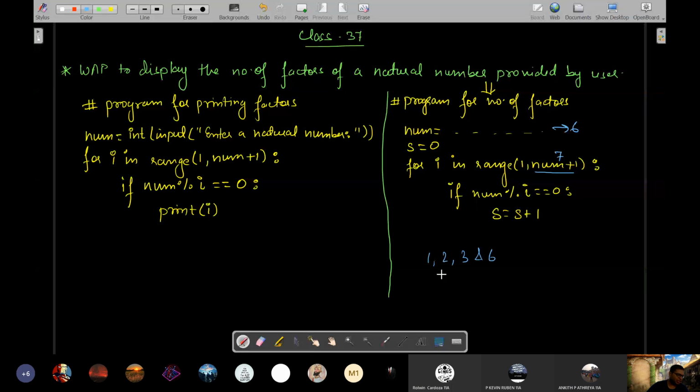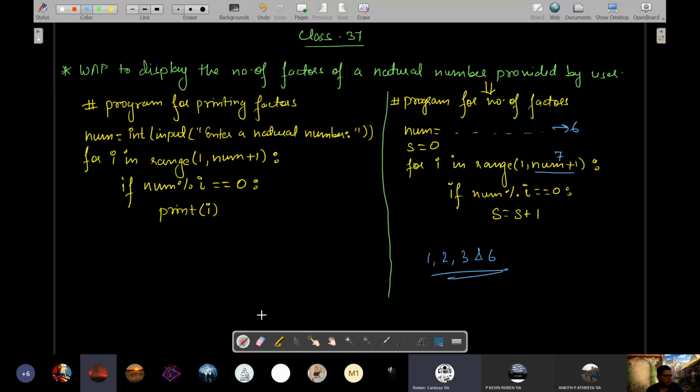Look at this, process it for 15-20 seconds and let me know, is this concept clear? Yes, sir. Sir, why can't we use len function? Len I have not taught, and len only works on strings. For now I'll tell you, len only works on strings. So where is the string involved here? Okay, sir.